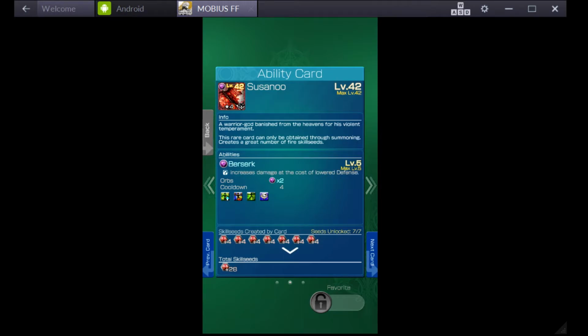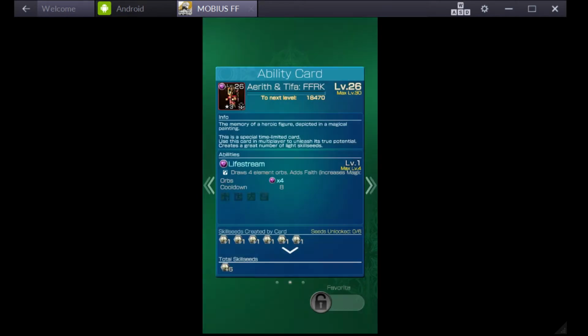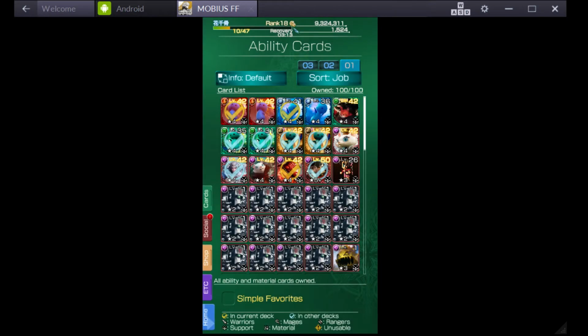Susanu. So it increases damage at the cost of low defense. So it's quite risky when I use this. And I've got Machina, I've also maxed. And then I've got Aerith and Tifa, which I'm slowly, well, I haven't even started, but I've started leveling her up already. But hopefully this will be upgraded soon, because Ad's Faith is kind of the Moogle ability, and Haste is kind of the Hermes ability, so I might upgrade this one when I can, and all of this. So